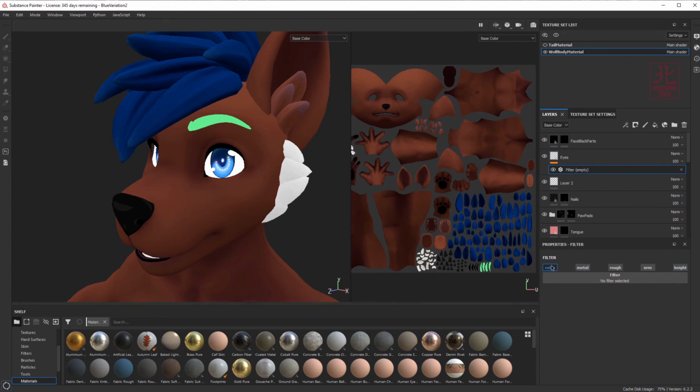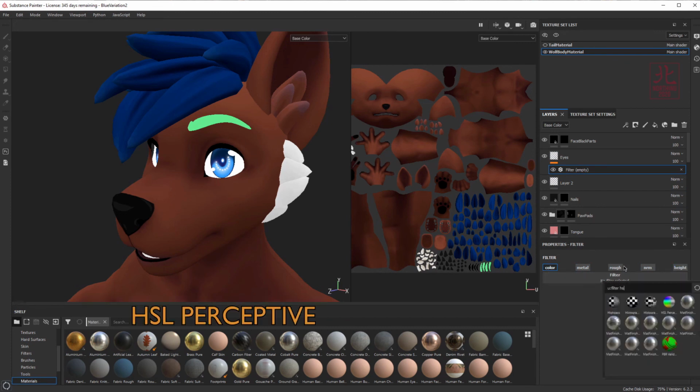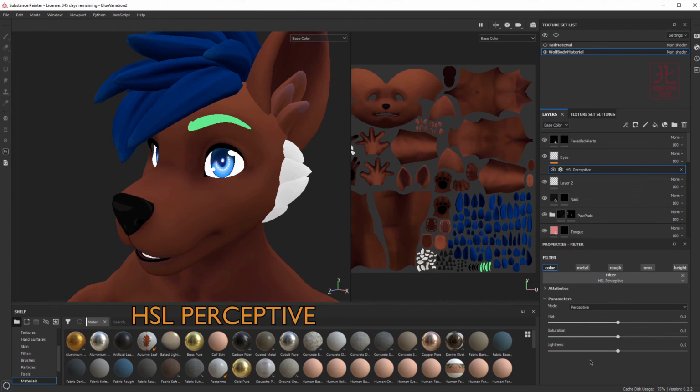Again, we just need it to do color, and we'll choose the filter, and then you can search for HSL. Or again, you can just find it if you scroll down. It's HSL Perceptive, and that's the filter you want to apply. What this does is it gives you these sliders here, and you can use them to actually change the hue